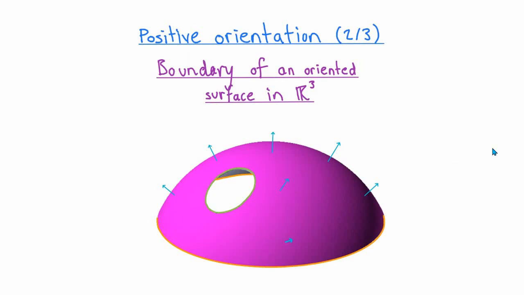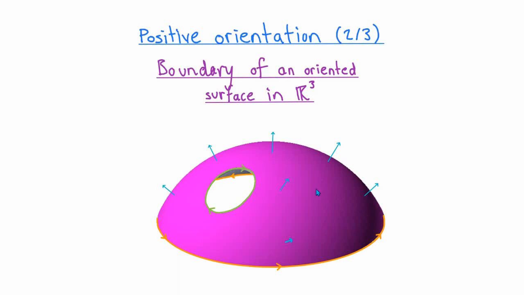In order to choose the positive orientation on the boundary in this case, we want to choose the direction of travel with the property that, if we're walking along the curve with our body upright in the direction of the unit normal vectors to the surface near that point, then our left hand is pointing inward toward the surface. That means that on the orange part of the boundary, the positive orientation will be this way, while on the green part of the boundary, the positive orientation will be this way.